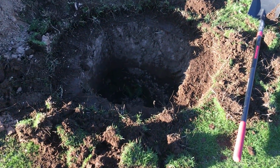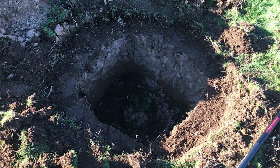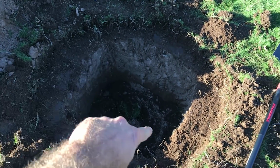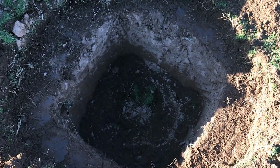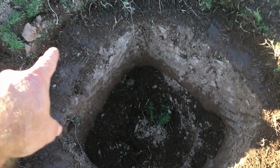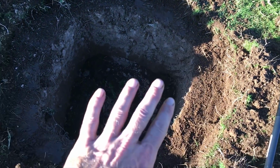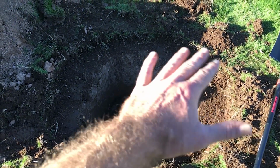So here it is, perfect hole. Dave Stone approved. Nice square, jagged hole, deep enough to throw some compost at the bottom underneath the pot, and a nice 3 to 4 inch berm sunk into the ground to make the level of the ground there, and to load that up with the wood